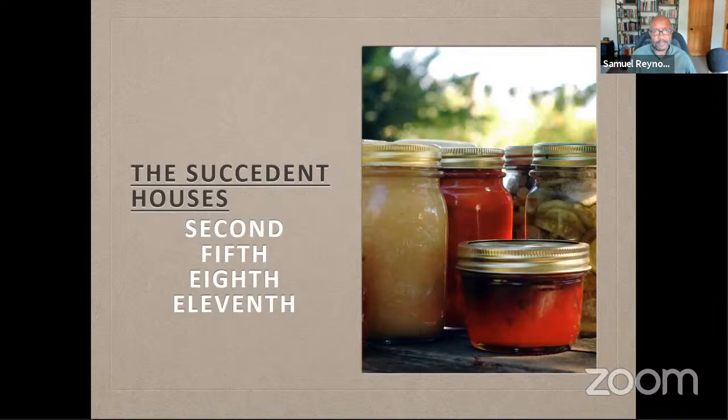Now, I'm going to anticipate a question, and I'm going to go more into it, but I'm going to mention this right off, because this usually goes into the question about, what about those empty houses? Like, I don't have anything in the first, the fourth, the seventh, or 10th. I have angles, but does that mean I don't have any angels looking over me, or sense of guidance, like having the best seats in the house? No, it does not mean that.